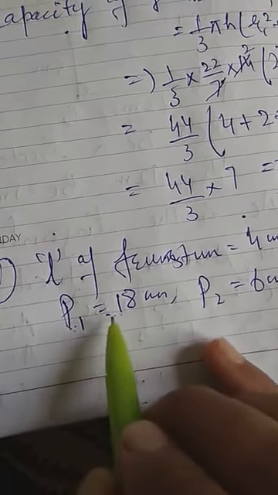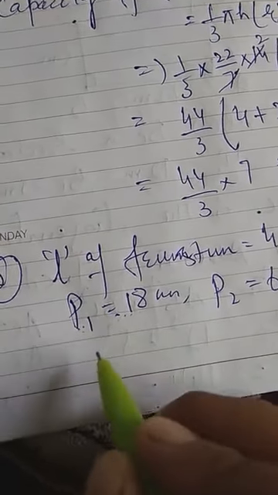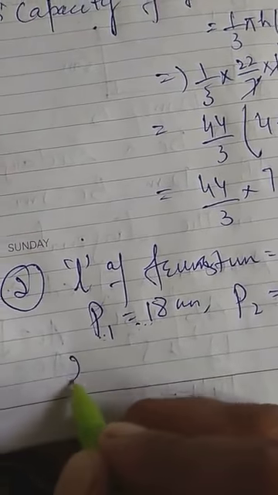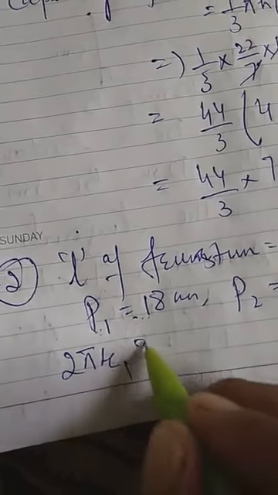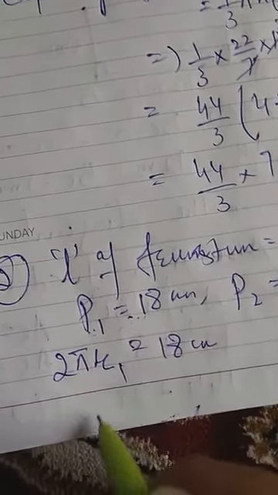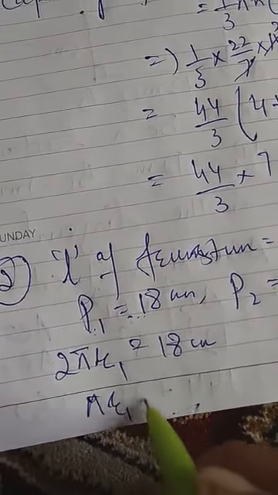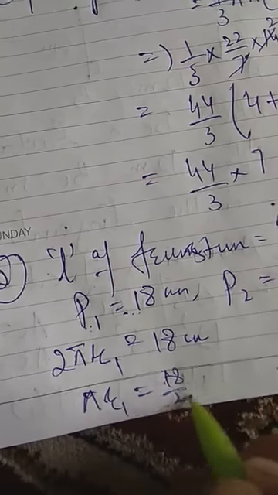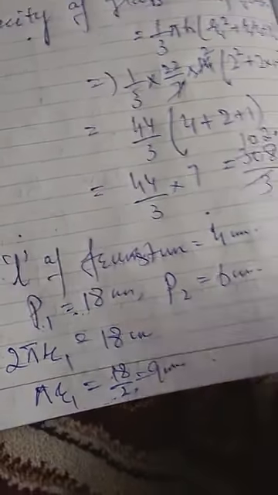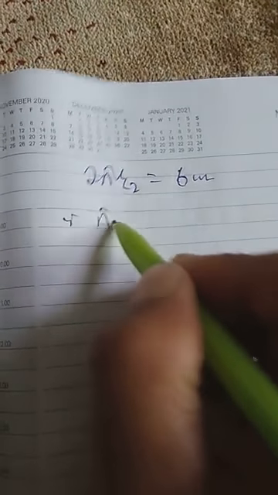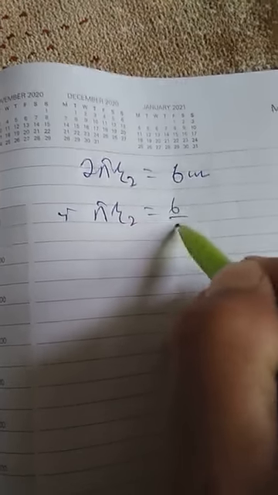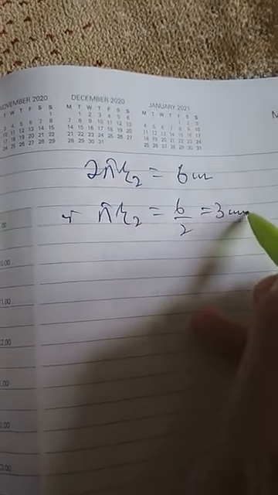P1, perimeter of the first circular end, as the perimeter of circle is 2 pi R, 2 pi R1, it is equal to 18 centimeter. What is pi R1 only? That is 18/2, which is equal to 9 centimeter. Now 2 pi R2 is equal to 6 centimeter. Therefore, pi R2 is equal to 6/2, that is 3 centimeter. Now,